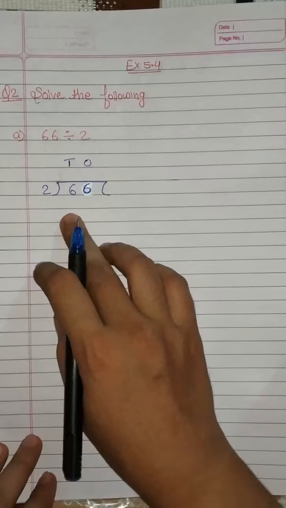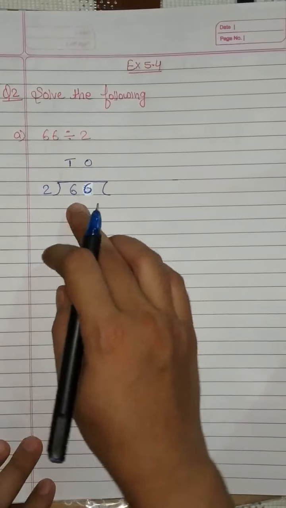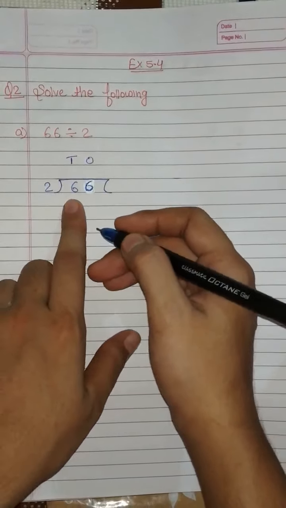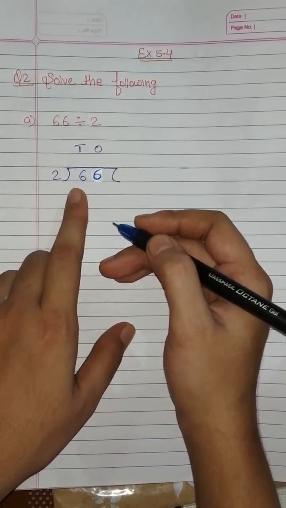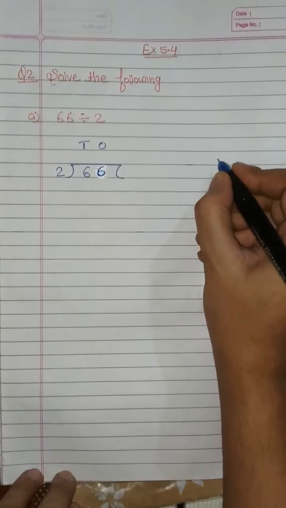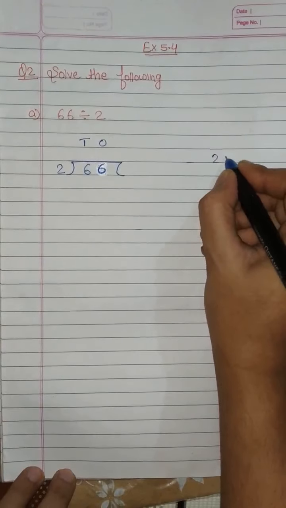As you all know, we always start from the tens place. Now what is the first digit? Here the digit is 6. Now we'll read out the table of divisor and we'll check whether 6 occurs in the table of divisor or not. हम divisor means 2 की table read करेंगे and we'll see whether 6 occurs in the table of divisor or not. So let's write down the table in the rough column.